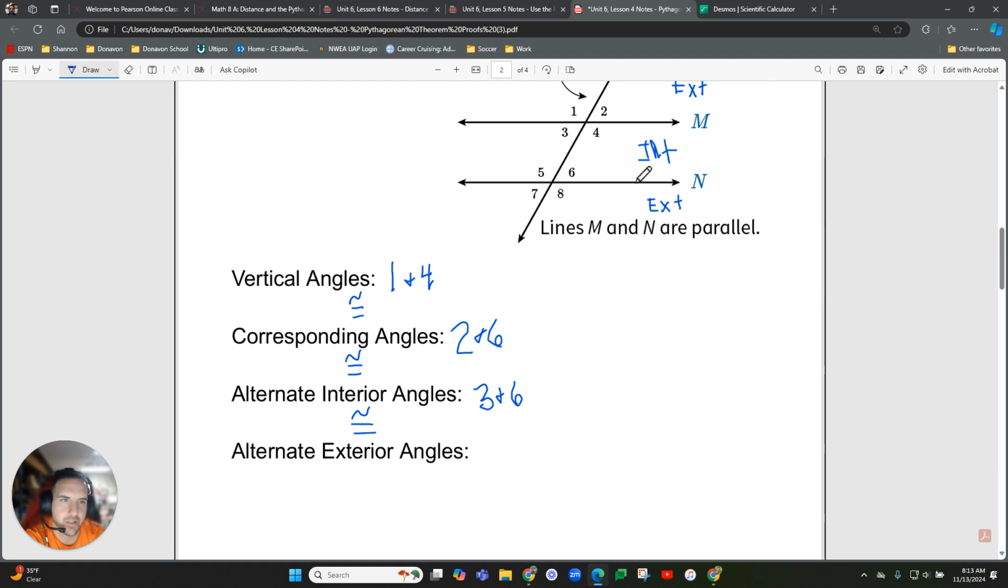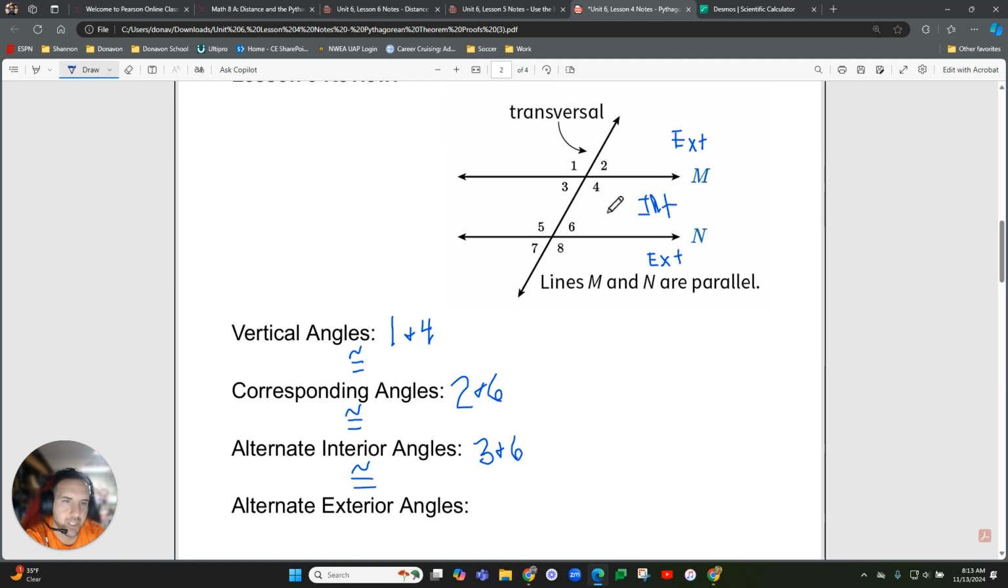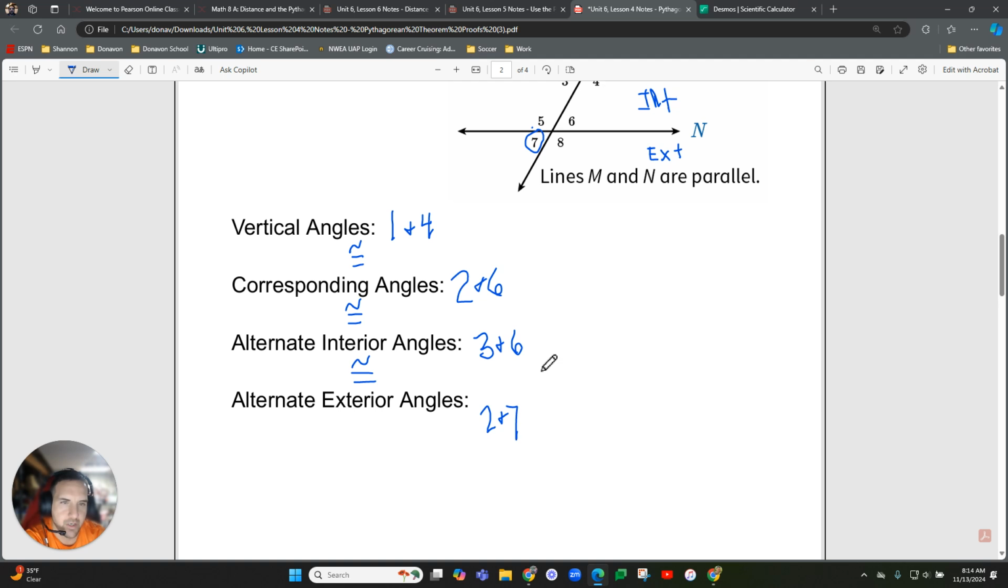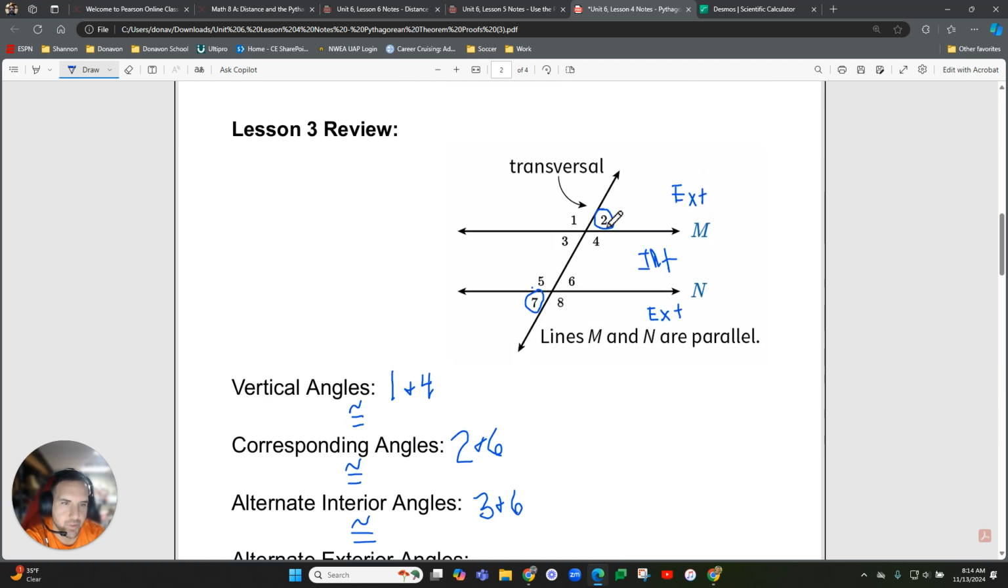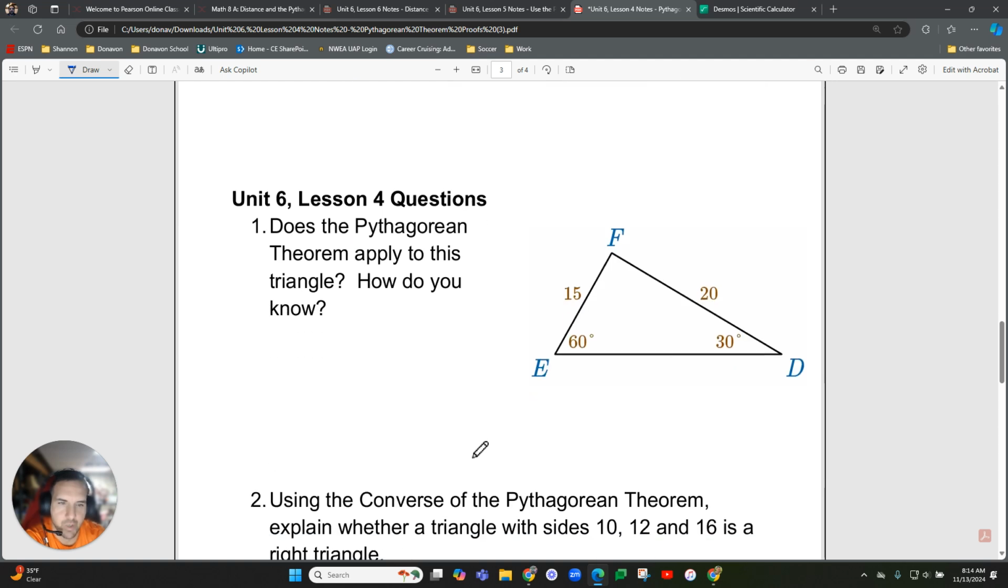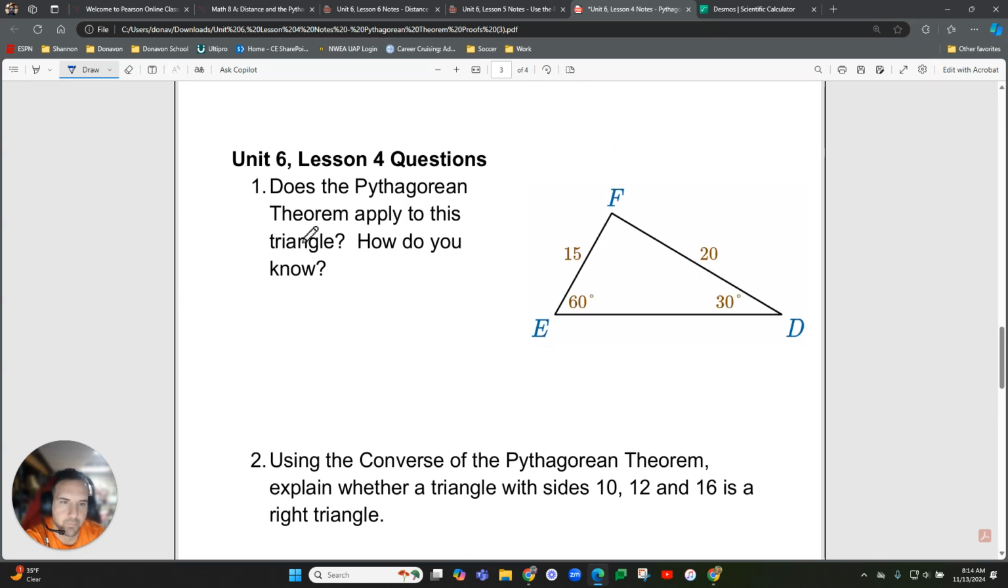Okay, and then for alternate exterior angles, same thing, except now we're dealing with exterior angles. So for example, 2 and 7 would be alternate exterior angles, because they are exterior angles that are on opposite sides of the transversal. So this is on the right side of the transversal, this is on the left side. They're both exterior angles, so those would be alternate exterior angles. 1 and 8 would be the other example. And again, just like with the previous one, they are congruent. Okay, so now let's go ahead and jump to questions for